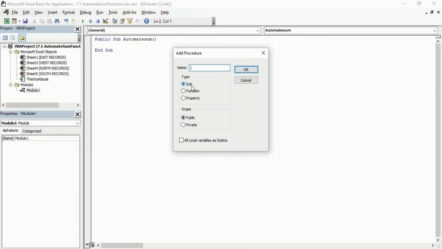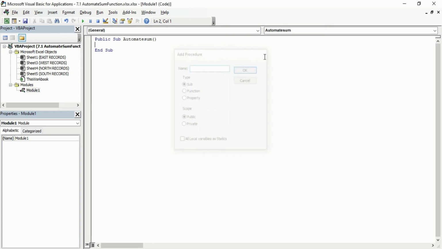If you want a detailed description about what the types are and what we should select, you can go to my previous videos about adding a procedure in Excel VBA, in which I have given a detailed description of how you select all these things according to the particular need of your macro. Now I will just cancel it because I've already added the sub procedure.